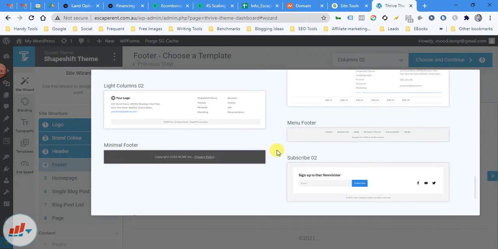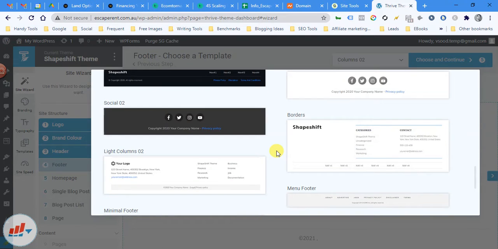So a lot of different options are available here.